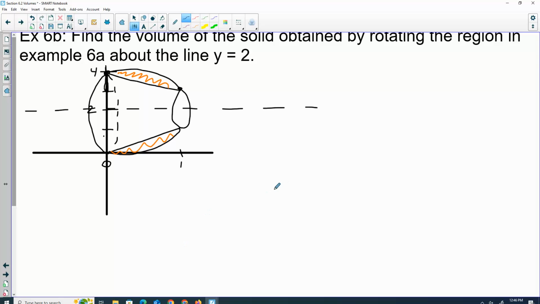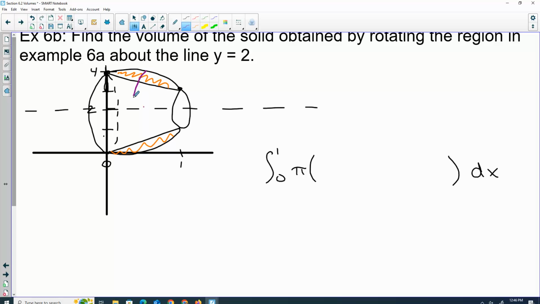All right. So when I am rotating this, we're still rotating around a horizontal line. So I think we can still do it in terms of x. We're still going to go from 0 to 1, and the variable is x. But we have to be a little more careful. If we take a cross section,